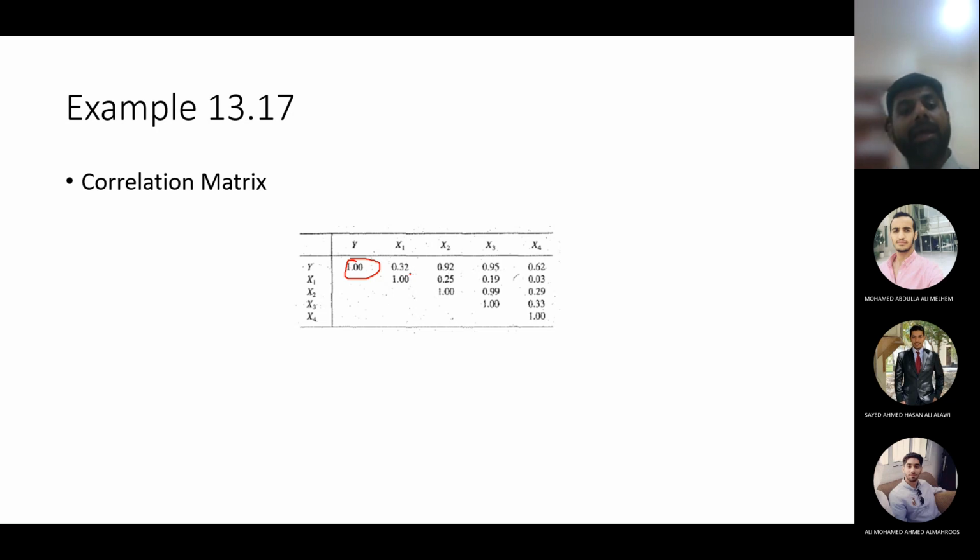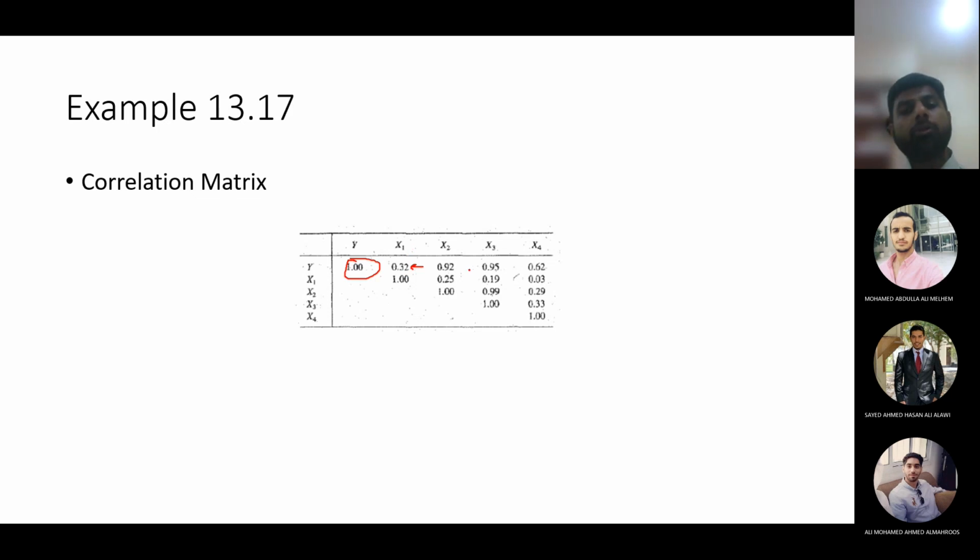Okay, can I develop a model between y and x1? Okay, so you see the correlation between y and x1. It is only 0.32. This is considered to be weak. Correlation less than 0.6 is considered to be weak. Less than 0.6 or less than minus 0.6 is considered to be weak. Okay, so 0.32 is a very weak relationship. So if you want to develop a model for y, don't include x1 in that model.